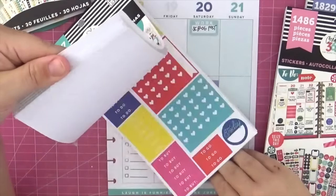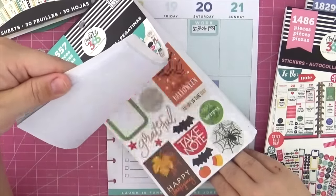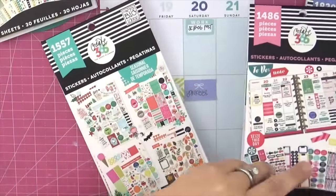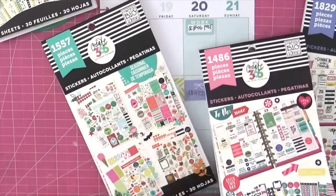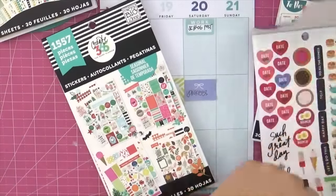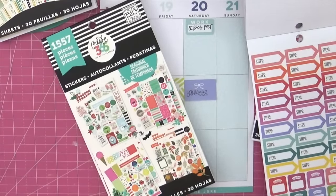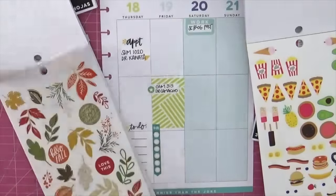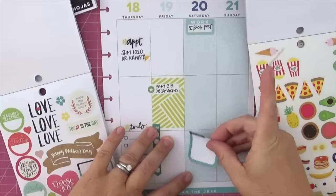So I will look for those, but I will also continue to plan at the same time, because as I already discussed with you, I spend the majority of my time looking for the perfect sticker. And sometimes the perfect stamp when I'm looking through my stamp stash, because that is also quite considerable, and so it can be hard to find that one perfect one that I'm looking for. Hopefully some of you can understand that and can understand the struggle of trying to find it. Luckily, I have a pretty good understanding right now of what stickers are in each book. So I do kind of like, oh yeah, I need this one because I remember it's in this one or whatever. So anyway,